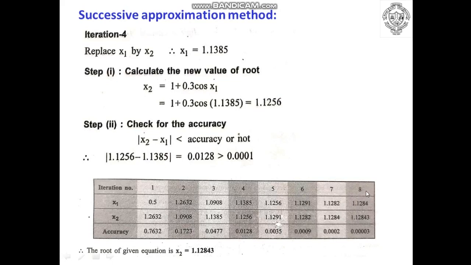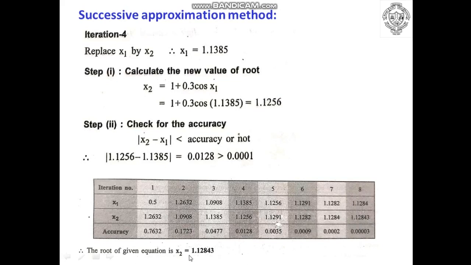So at the end of 8th iteration, if you check the values of x1 and x2, which are almost close, value of x1 for 8th iteration is 1.1284, and a value of x2 is 1.12843, and if you take the subtraction between these two, you will get answer as 0.00003. Now this is less than 0.0001. So you can consider the value of x2 at 8th iteration as root of equation,